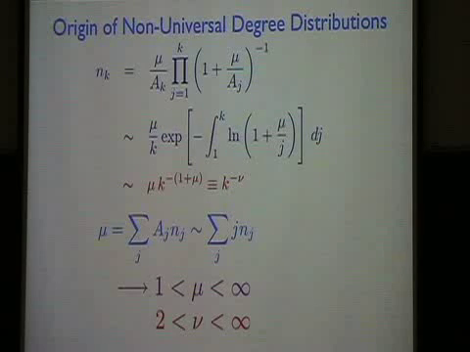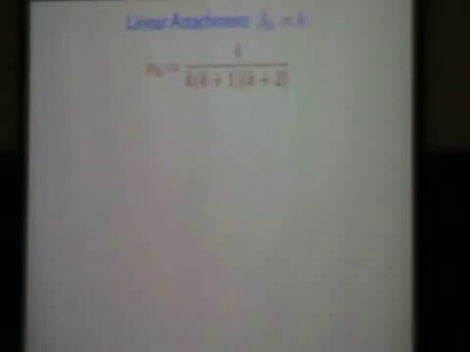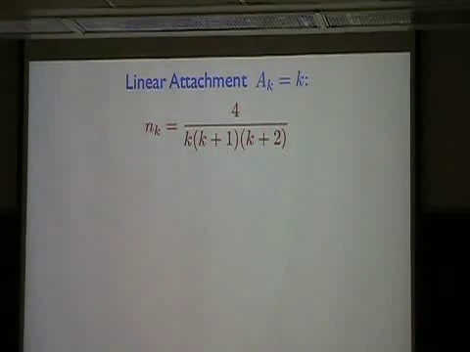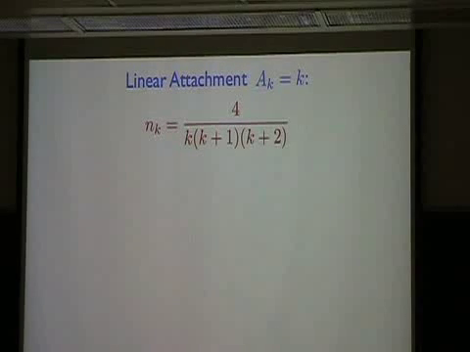What I mean by asymptotically linear is that the attachment rate is some number times k plus corrections. And depending on what those corrections are, this amplitude can take on any value between 1 and infinity, giving rise to an exponent between 2 and infinity. Let me show you 2 examples where you can solve everything explicitly, and then there's no ambiguity about what can actually happen.